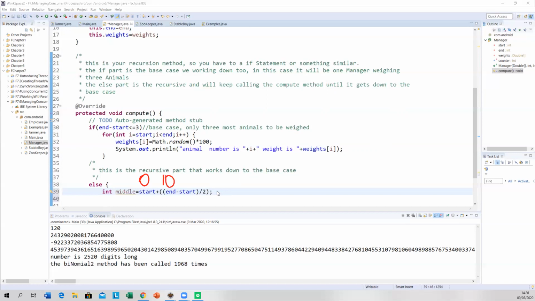So you have 10 minus 0 divided by 2. That's 10 divided by 2, which is going to give us 5. Is everyone with me so far? Yes? So the middle is said to be 5.